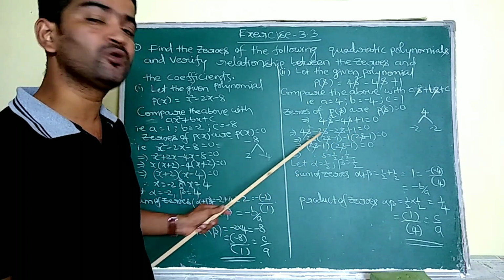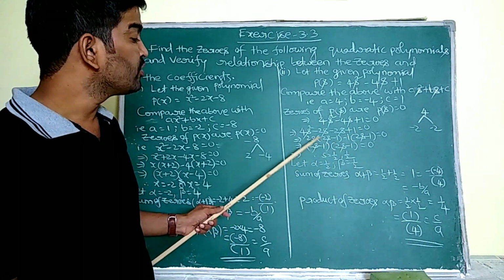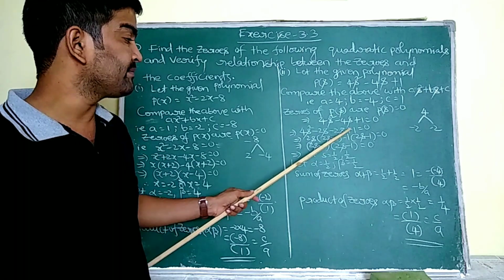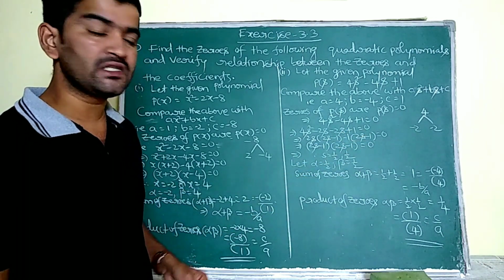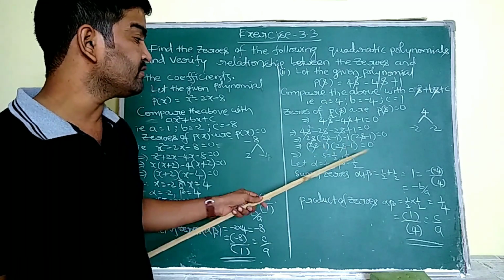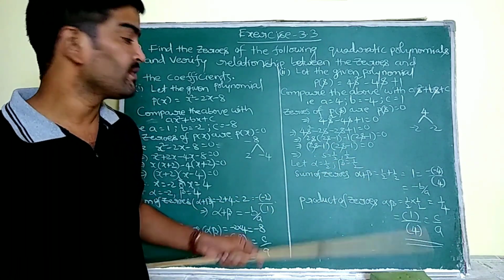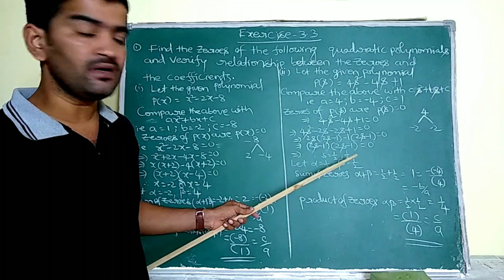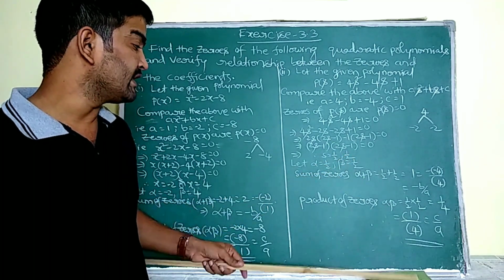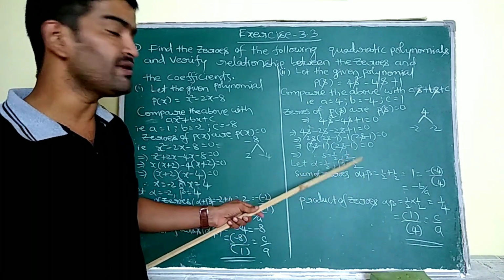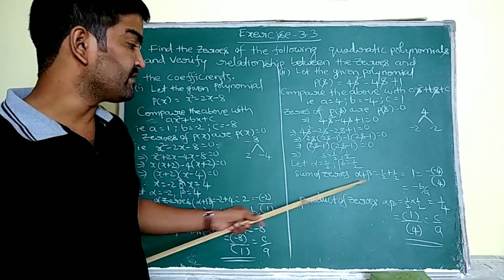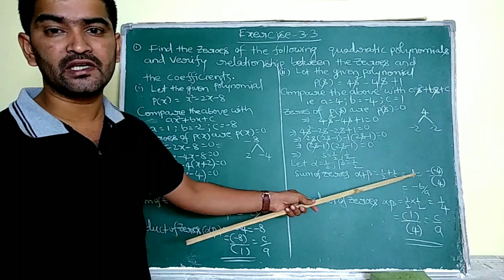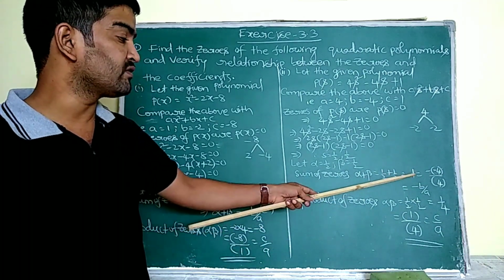From the first two terms I am going to take out 2s as common: 2s into 2s minus 1. Here minus 1 common: 2s minus 1. In these two terms I am having 2s minus 1 now. So 2s minus 1 into 2s minus 1 is equal to 0. So s is equal to 1 by 2, 2 times I have to write. So alpha is equal to 1 by 2 and beta is equal to 1 by 2. Therefore the sum of zeros, 1 by 2 plus 1 by 2, is 1. Half plus half is equal to 1.